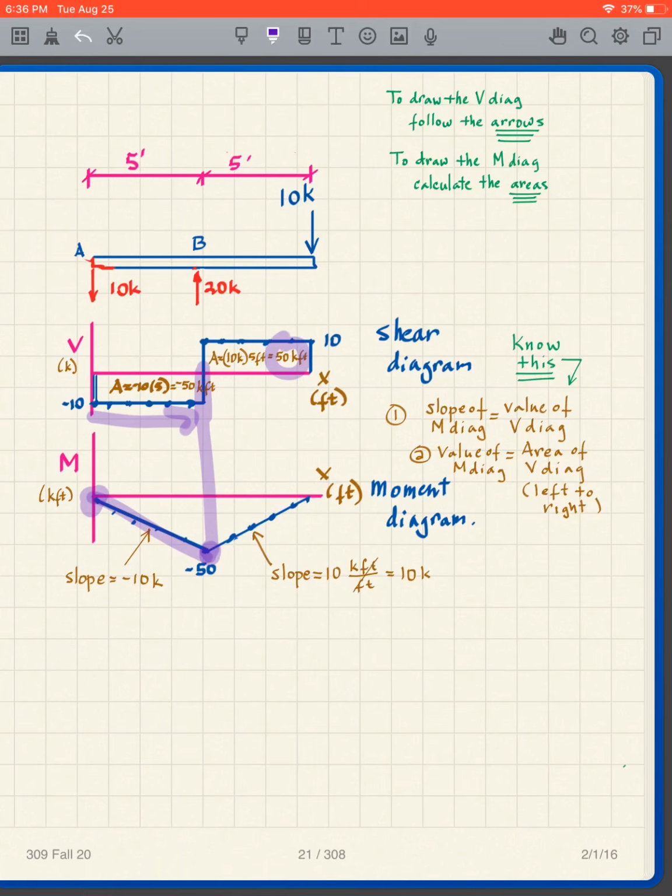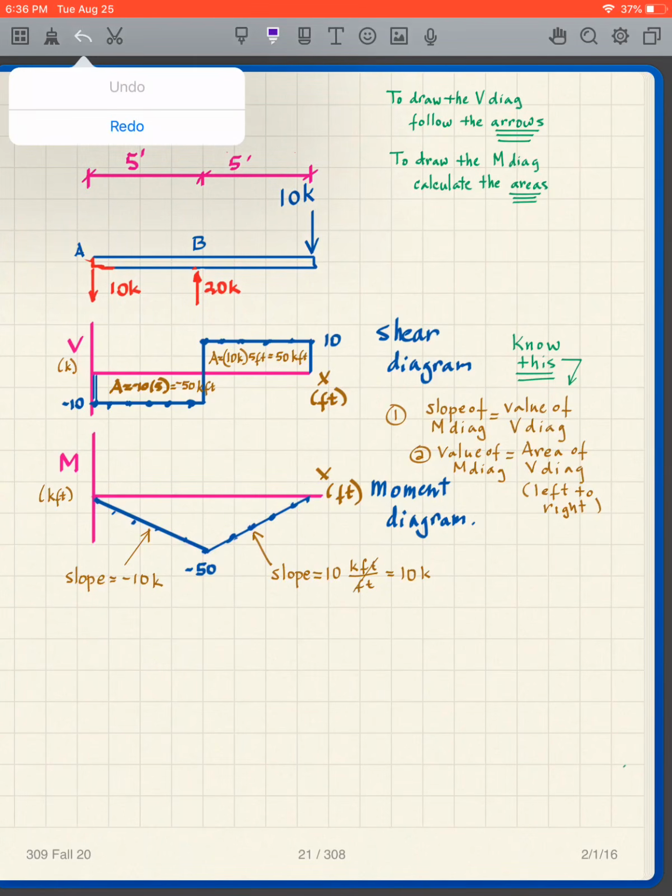So again, I started at 0, and I ended at 0. So in all of these cases, you've got to start and end at 0 for both the shear diagram and the moment diagram. Now we're going to observe a couple other things here, and that is that